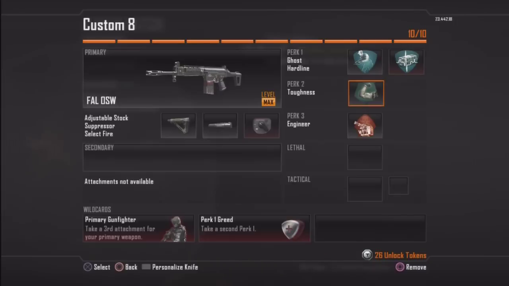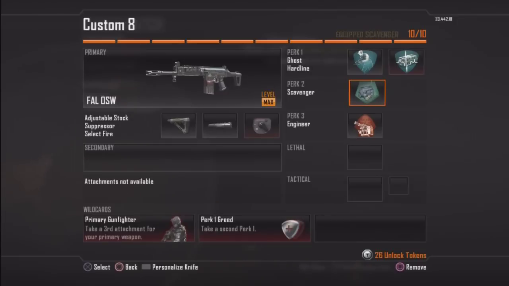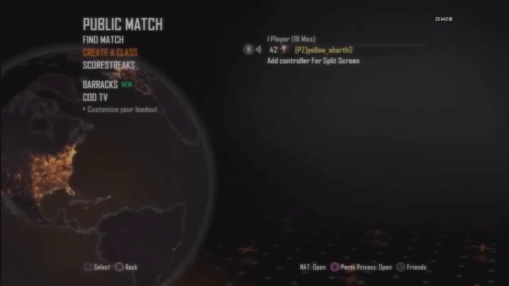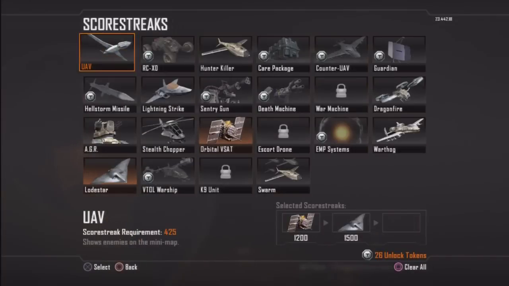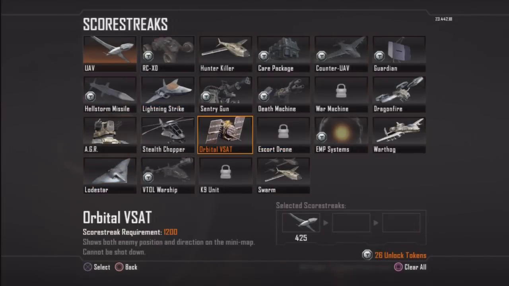And also, I tend to run C4 and Black Hat on my ones, as I don't need anything, but I also run toughness and scavenger, so there's no need to pick up guns, just the guns. And also here, I'm just showing you my favourite class in the game, and it's going to be